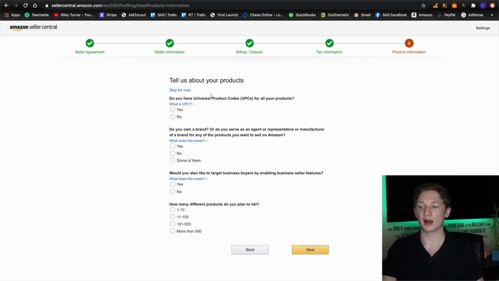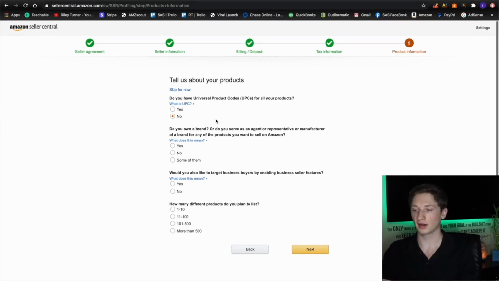It says, do you have universal product codes, UPC codes for all of your products? Most likely that's no for now because you probably don't have UPC codes for any of the products you're selling if you are an FBA seller. If you're an established brand that already sells maybe at Walmart or sells at the grocery store, that means you would probably already have UPC codes on all of your products. So most of you probably won't, so I would just put no right there,